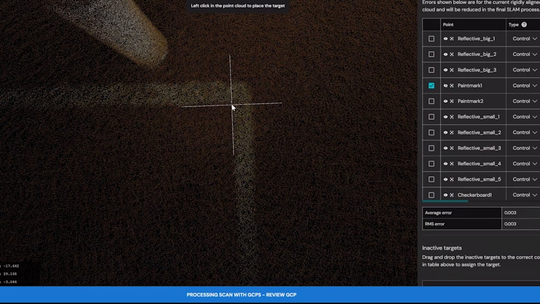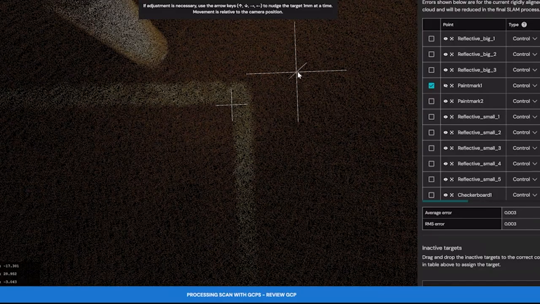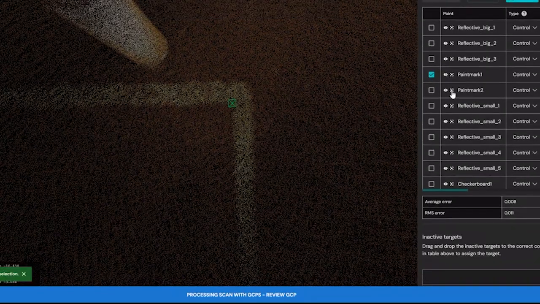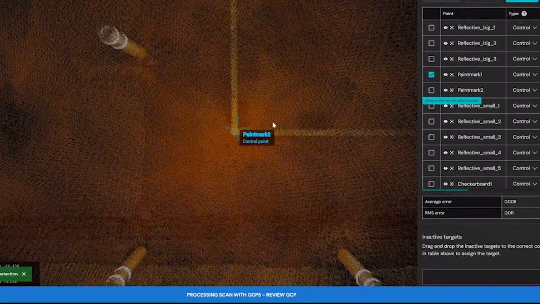which then I can nudge into place. So I can move it by 1 millimeter at a time. This is by pushing the right arrow key, left, up, and down. And it's going to do it in relation to the view of the camera. So that's important that you're looking perpendicular to the target when doing so. Once I'm happy with that, I'll click on confirm, and then I'll jump to paint mark number 2,